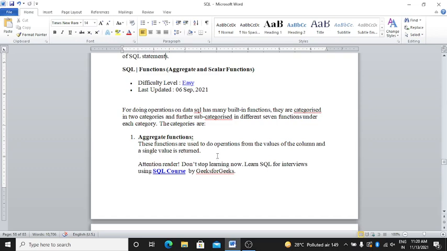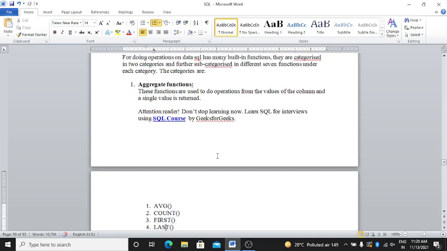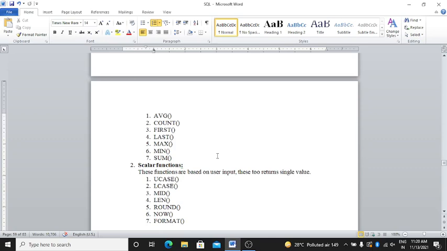What happens in aggregate functions? They are used to do operations on the values of a column, and a single value is returned. Here are the different functions: average, count, first, last, max, min, and sum.